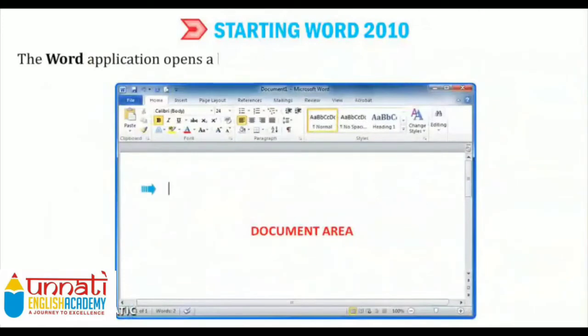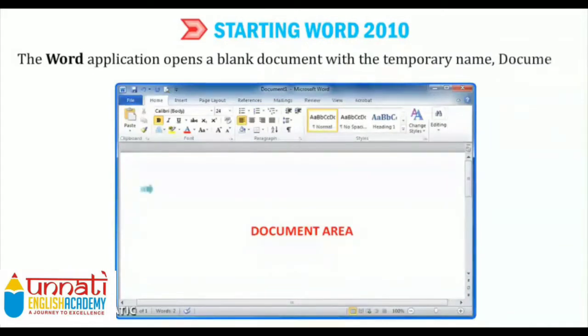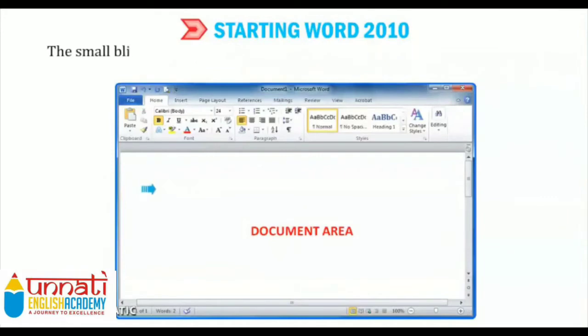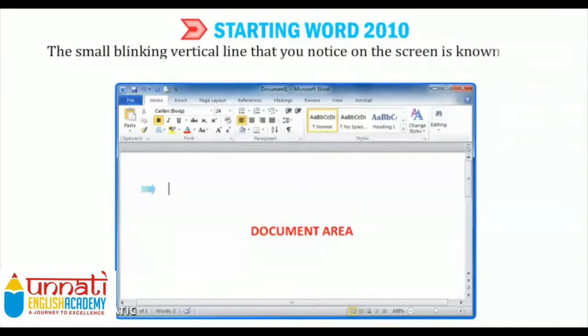The Word application opens a blank document with the temporary name Document 1. So remember, what is the temporary name given to the document? Document 1. The small blinking vertical line that you notice on the screen is known as the insertion point or cursor, that already we know.